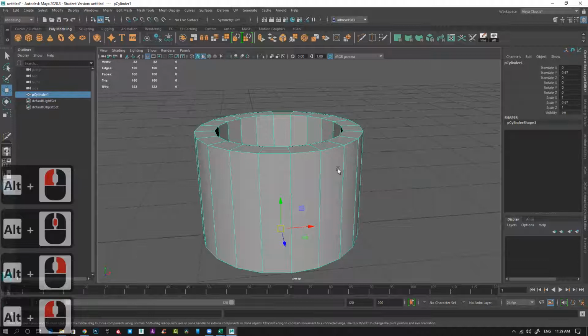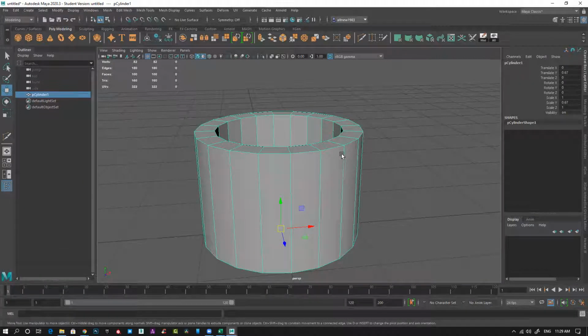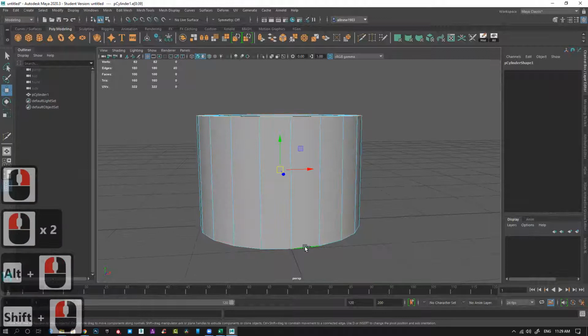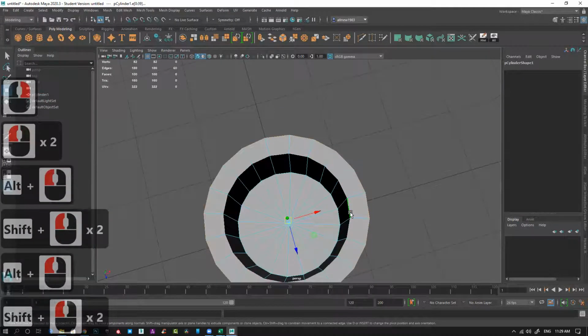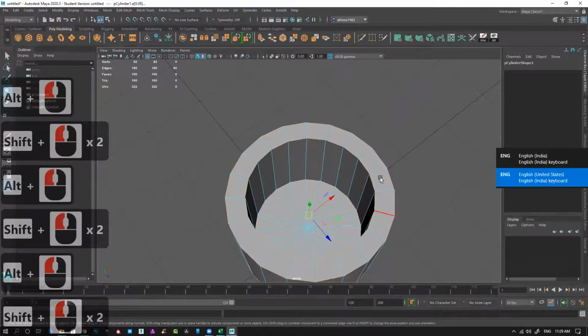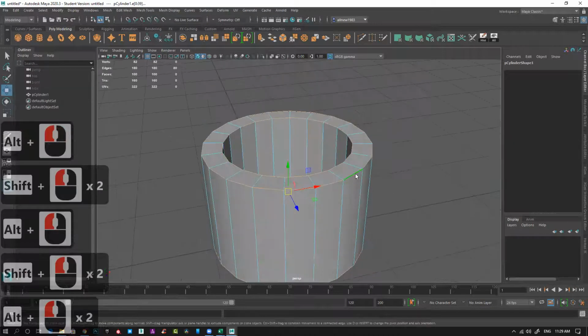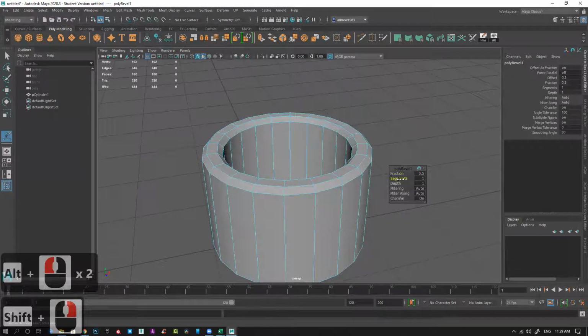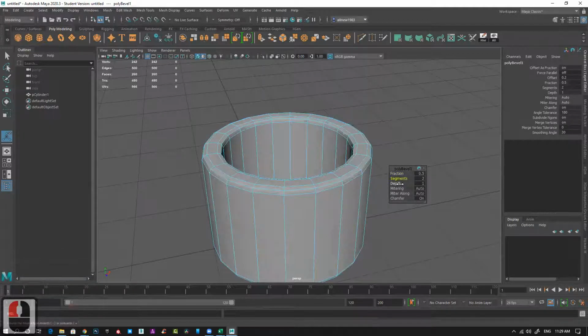This is really helpful when you create a model and you want to have smooth edges and everything. So there are two ways. Either you select this edge or this edge, you can bevel it, and you can see segment, you can increase depth also.